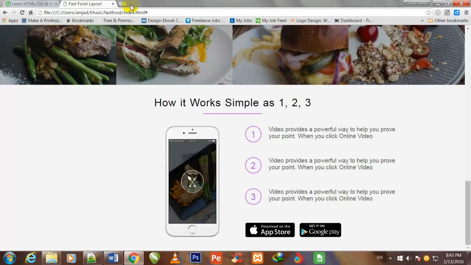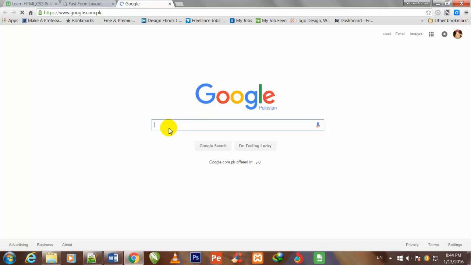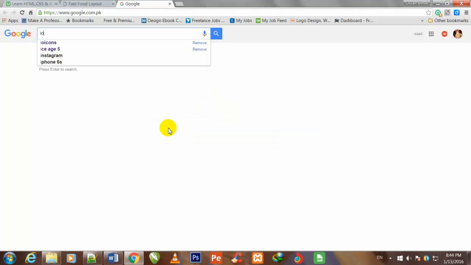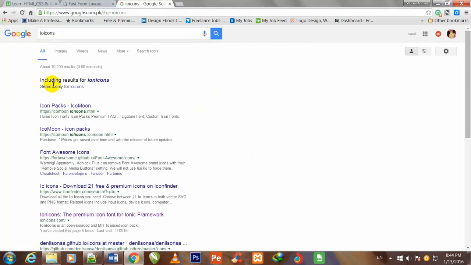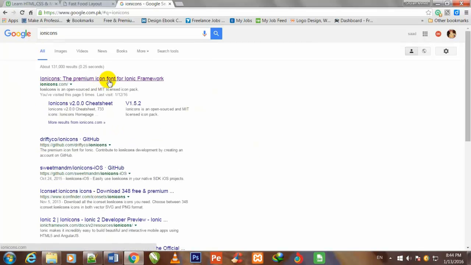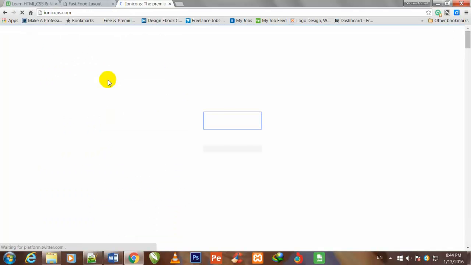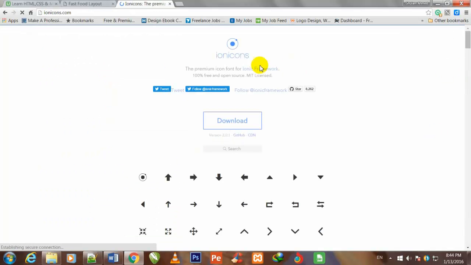As I said to you, you can get icons from that icon website, so I click on the new tab button and I click on the home button, and here I write the name of that website. So friend, this is that site, Ion icons.